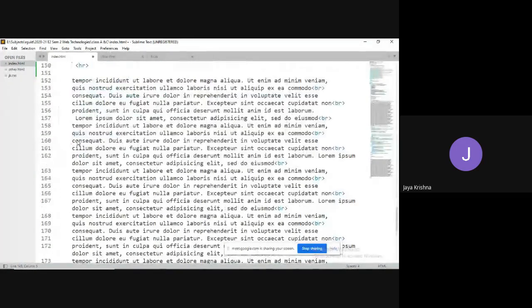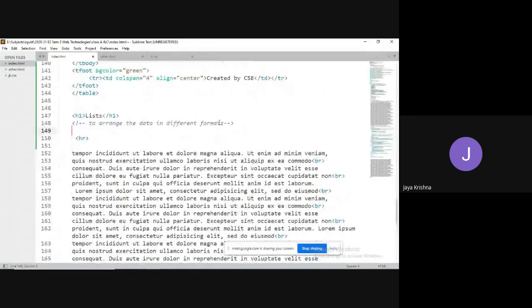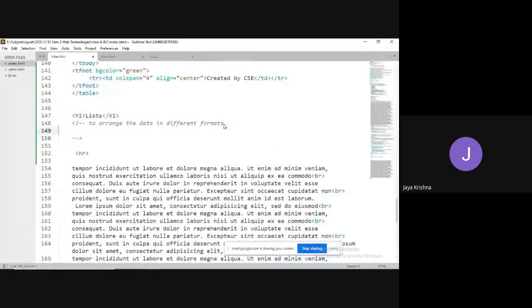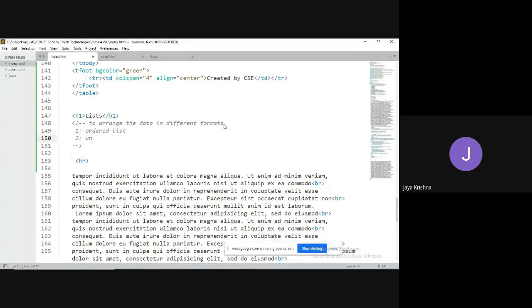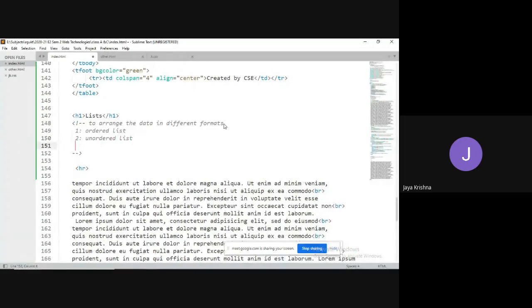Okay, there are various types of lists. Among those, the first one is the ordered list, the second one is the unordered list, and the third one is the definition list.